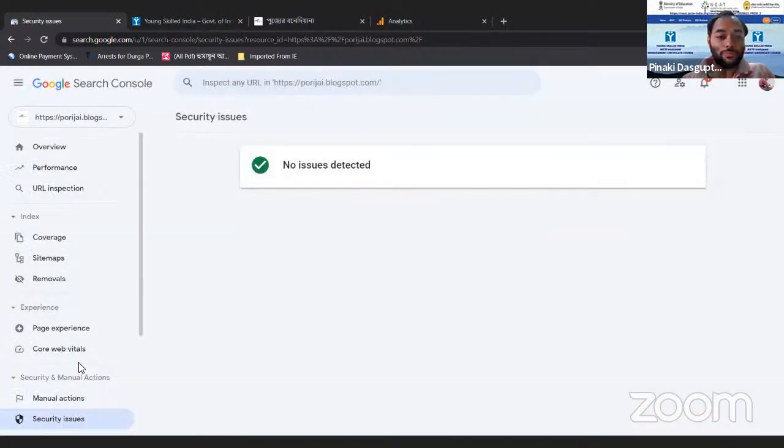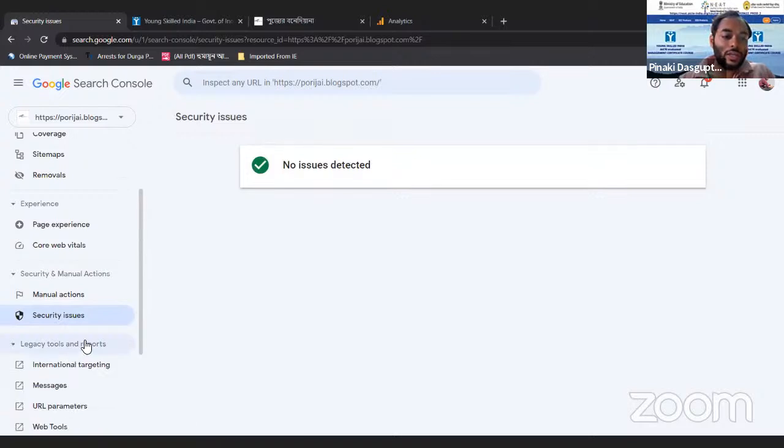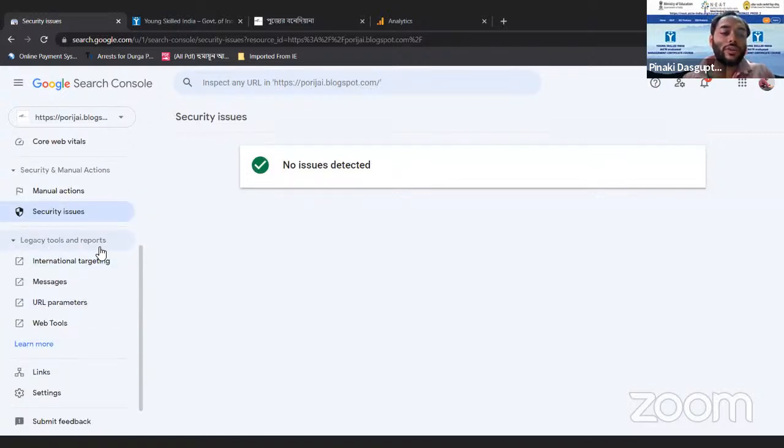Security issues. No security issues detected. If there is any malware or virus in your website, it will show it here. Now this is legacy tools and reports.